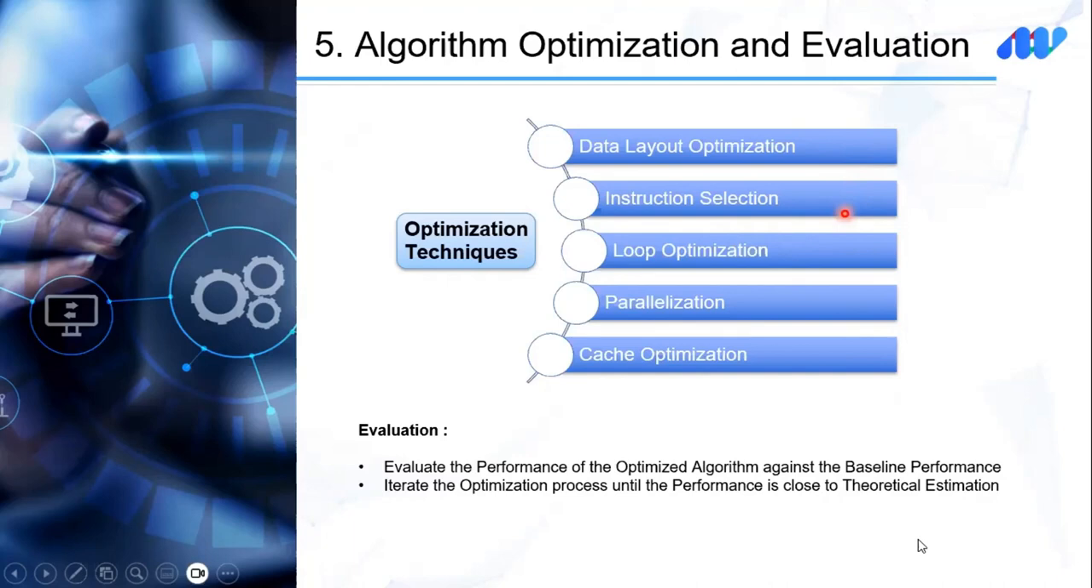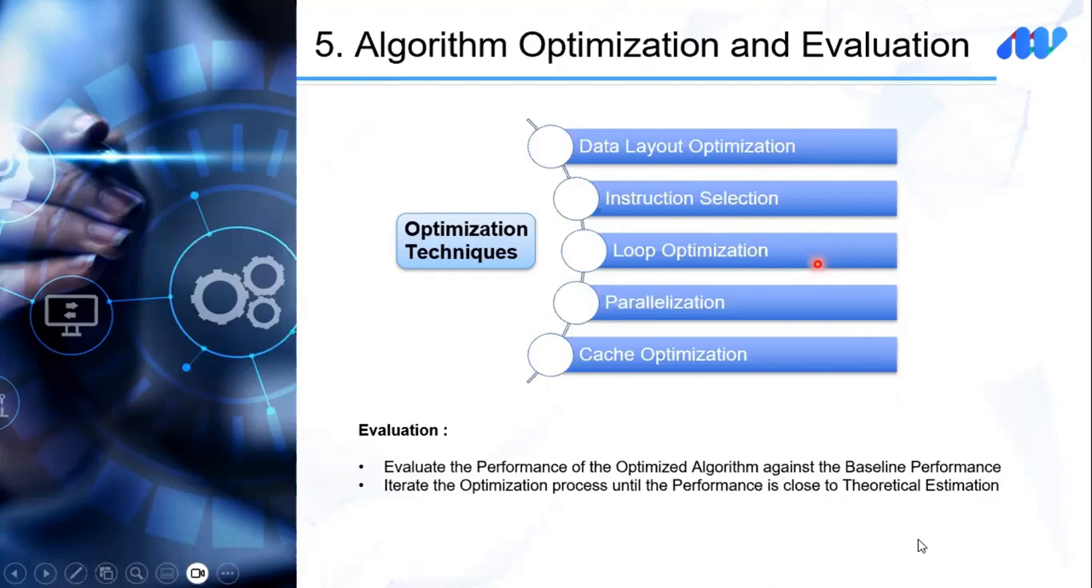The next one is instruction selection. The choice of instruction used to implement an algorithm can have significant impact on its performance. By selecting the instructions that are well suited for the target processor's architecture, the algorithm can be optimized for maximum performance. And the next and more popular optimization technique is loop optimization, because loops are a common construct